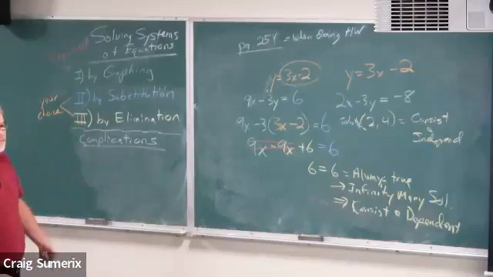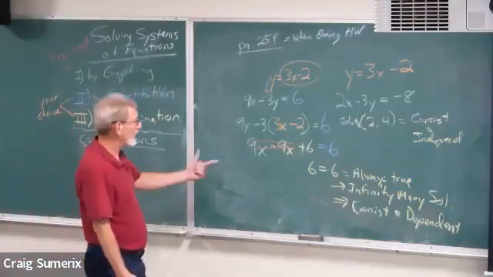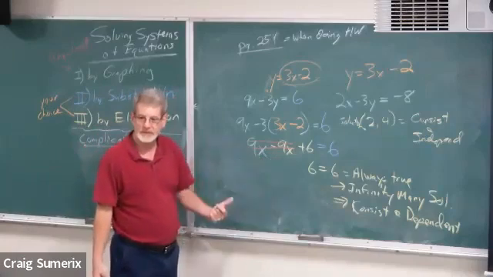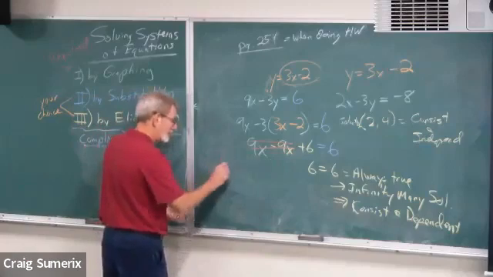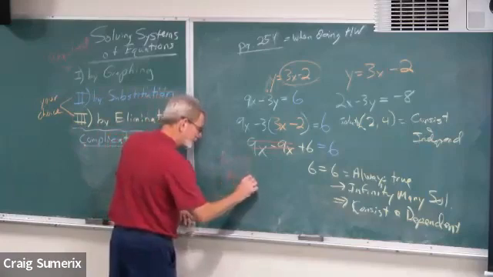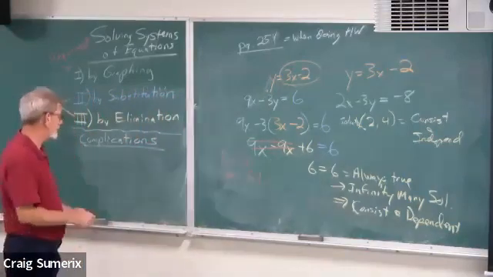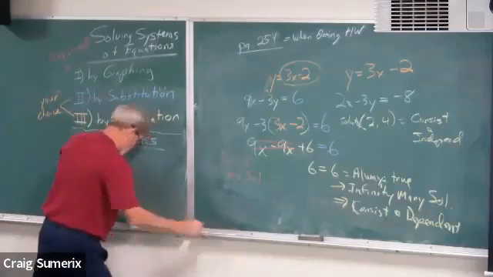But do you see the difference when you are solving? If your X's and Y's both disappear, then you've got one of these two special cases. If your answer cannot happen, 6 is equal to negative 8, it's no solution. If it is true, then it's infinitely many. So that was complication 1. We don't have time for